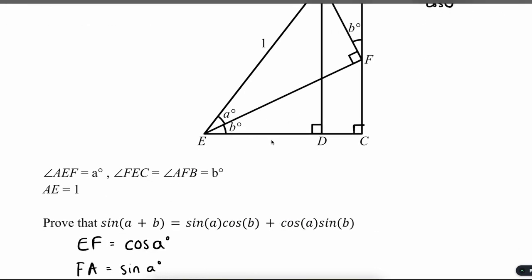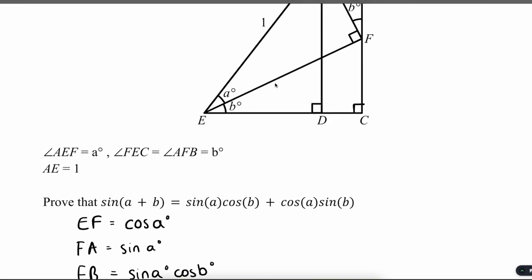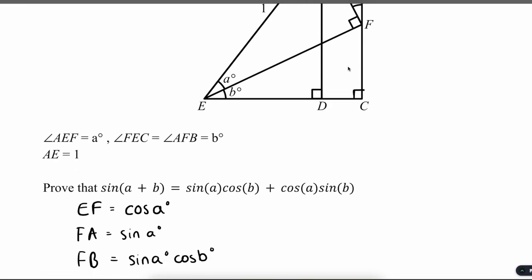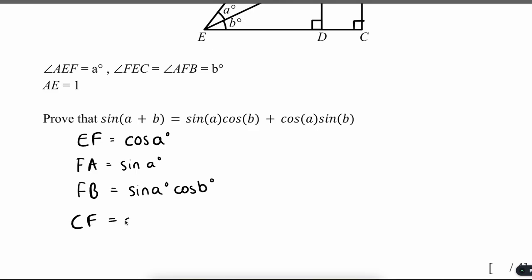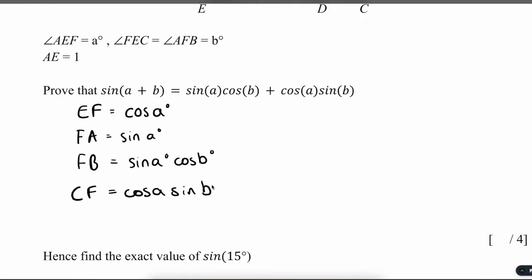Okay, yeah, so this is a right angle triangle here, so we know EF is cos A, so CF is going to be cos A sine B. Now we also know that AD is going to be, because using AED right angle triangle, AD equals sine (A plus B) in brackets,